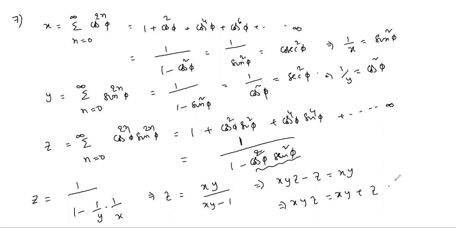Okay. Understand? Any doubts? After expansion, each one is an infinite GP, a by 1 minus r, and you have to write the first two values in the third one.